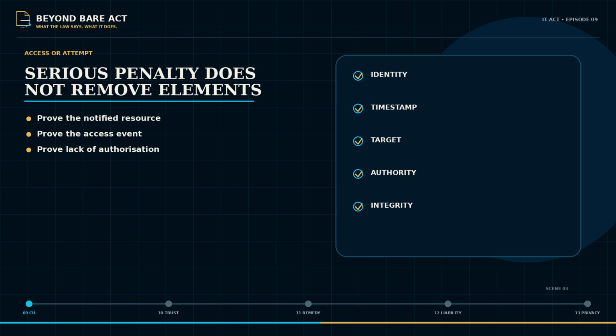This is where Episode 8's evidence chain returns. A security alert is a lead. The underlying logs, configuration records, identity provider events, and forensic acquisition history determine what the alert can prove. Riya should preserve the native records through the authorized team, record the clock source, and avoid changing the target system